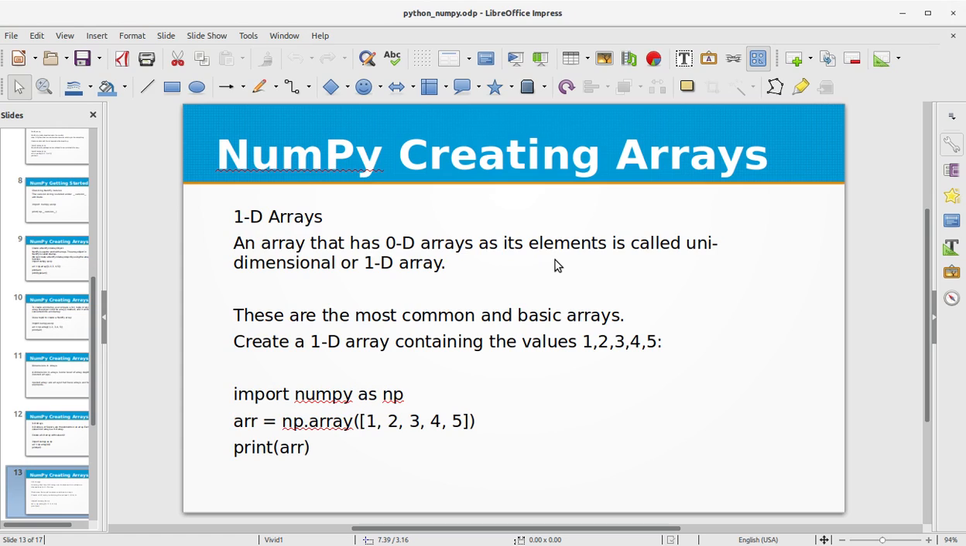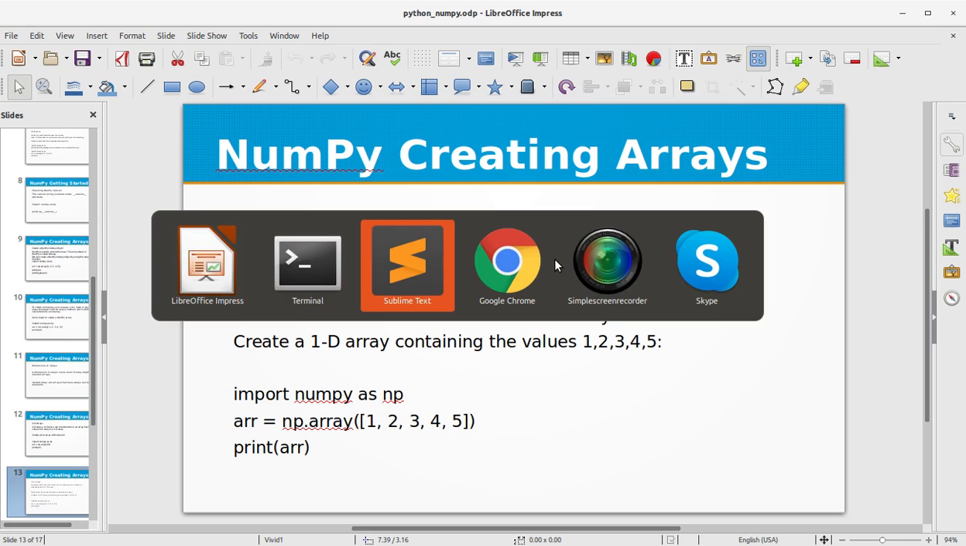Okay, then we have 1D arrays. An array that has 0D arrays as its elements is called a unidimensional or 1D array. These are the most common and basic arrays. So let's create a 1D array containing the values 1, 2, 3, 4, 5. We have already done this here